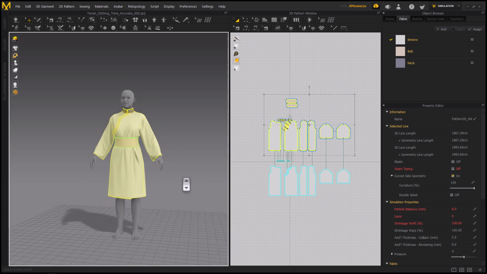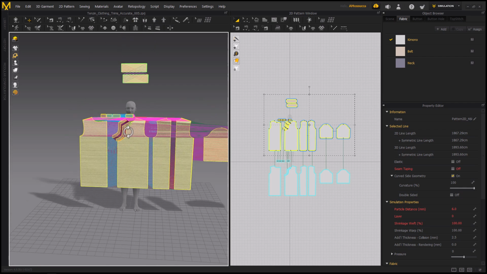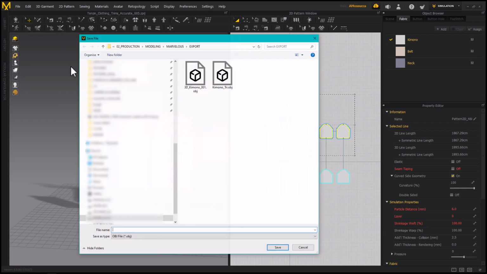Then we need to do another export for this, so I strongly recommend to save now if you didn't save, because we have to export the same mesh on the flat state, and we do this using the reset to the arrangement. So now this is flat, and we're going to export this as well. Kimono